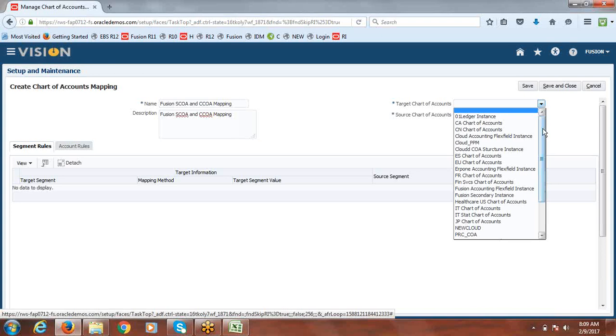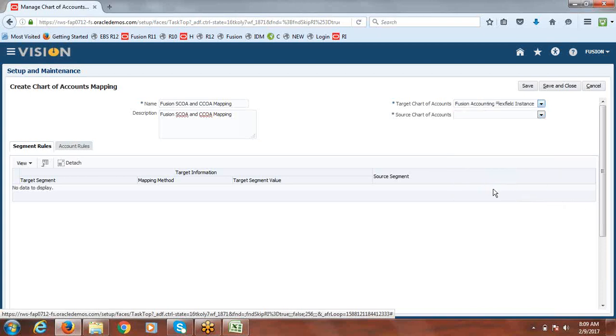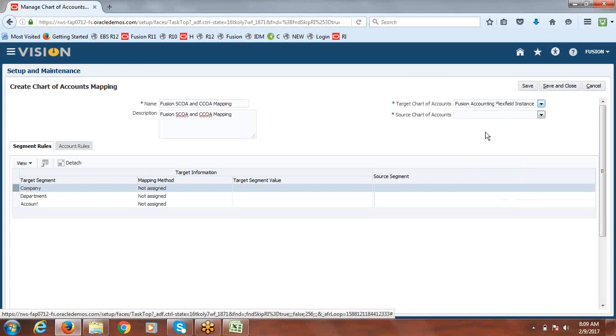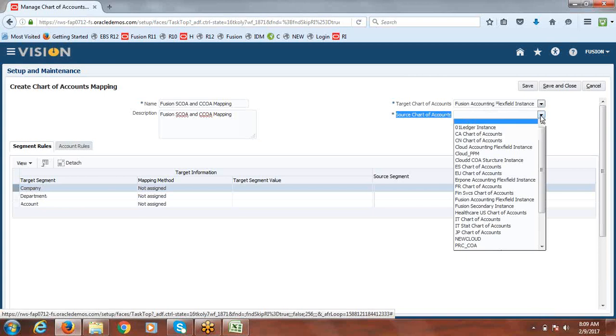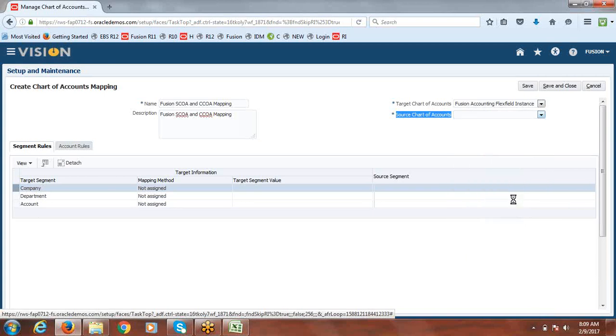Whatever chart of accounts is used as part of the consolidation ledger, that you have to select here. So that is Fusion accounting FlexField instance, nothing but the accounting chart of account structure. So for source chart of accounts, we are using the same. Okay, you can use different or same. So I'm just selecting it.